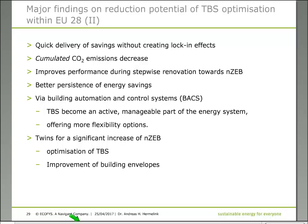So furthermore, you really have to be aware that because of the high renovation rate of 3.6%, which is much higher than the renovation rate of 1% for the total building stock, or 1.5, 1.4%, that you may have heard recently for the renovation rate, it's much faster, and therefore the renovation of technical building systems would deliver quick savings without creating lock-in effects, because it doesn't stop you from achieving further